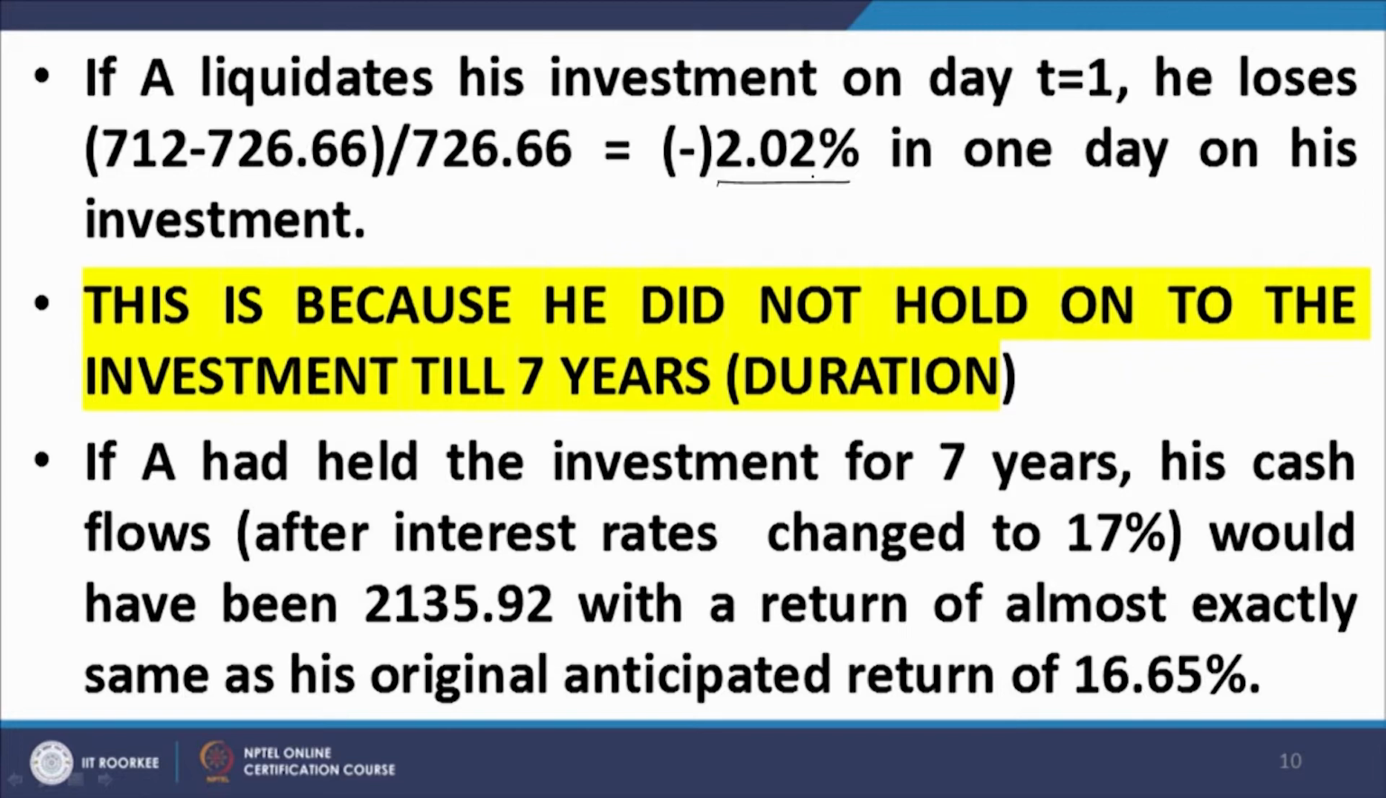And secondly, when we work out the market price at t equal to 7 years, the fall will not be so gigantic. Why? Because the number of coupons and the terminal value that need to be discounted to work out the value at t equal to 7 years is less compared to what we have at t equal to 1 day. So, if A had held the investment for 7 years, his cash flows after the interest rate change to 17% would have been 2135.92. That is a return of almost exactly the same as his originally anticipated return of